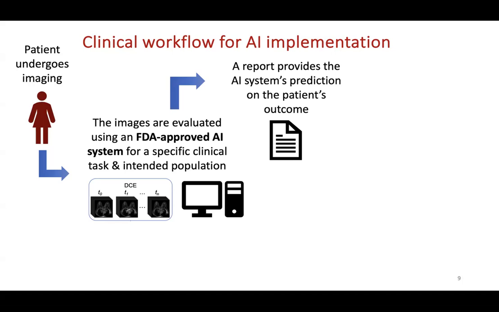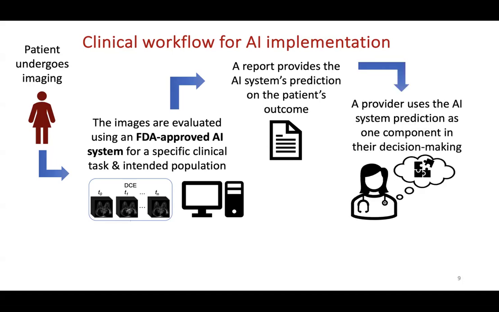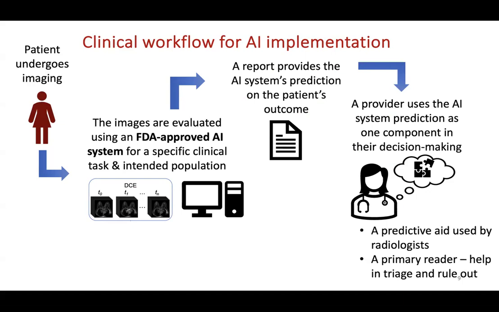The AI system gives a prediction, and that is passed to the provider, the clinician, who uses it as an aid, as a tool, as another component in their overall decision making. So the computer might be giving a predictive aid, such as maybe the likelihood that the case has a lesion or a likelihood that the lesion is cancerous,